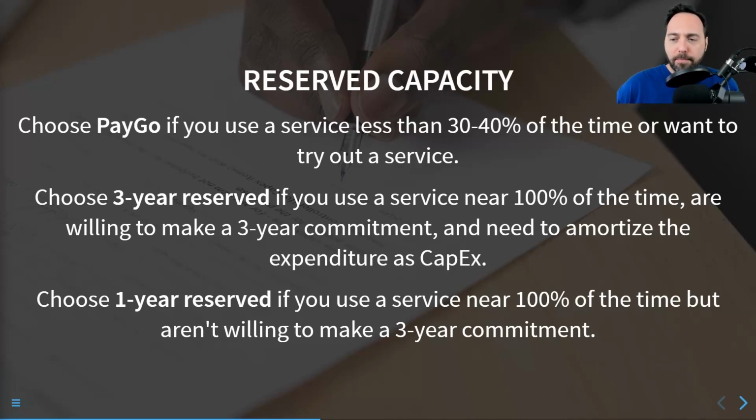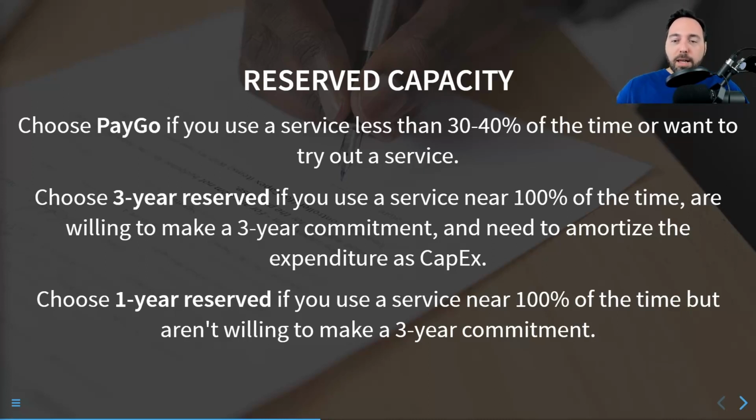So there are some things that you can capitalize, some things that you cannot capitalize. Check with an accountant. Things changed about 2018, and I think there were some minor changes since then. So if you have a 3-year commitment, you can potentially amortize some of the costs.